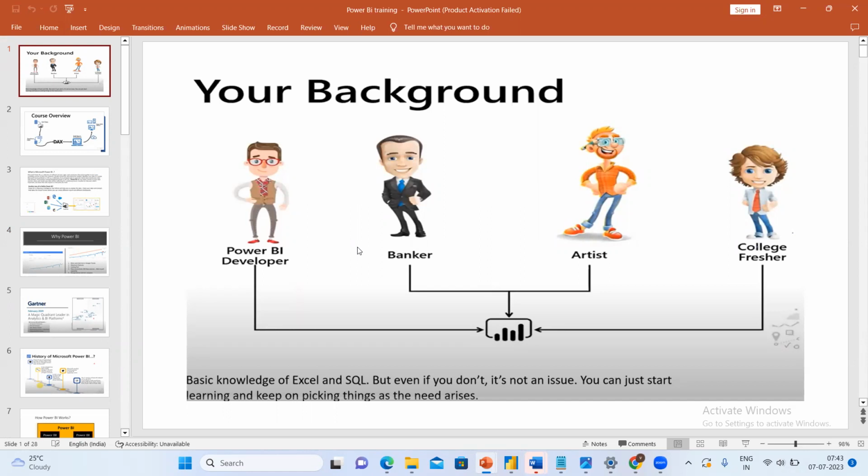Power BI has its own language called DAX, where we will be writing the business logic, and we will do the transformations with the help of Power Query. We'll go step by step. If you are learning Power BI for the first time, it's good. If you have knowledge of Excel or SQL, that is fine. But Power BI is completely different, with its own language DAX. We will learn everything: the transformations, Power Query, DAX, how to create the visualizations, and how to share the data with the end users.